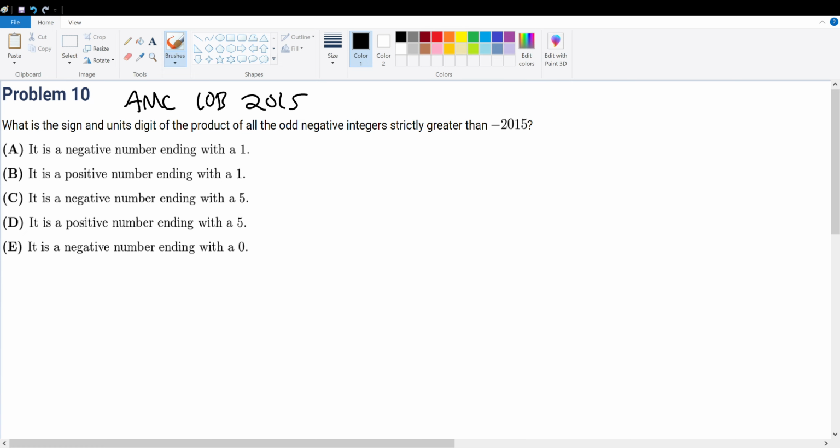AMC 10B 2015 Problem 10. What is the sign and units digit of the product of all the odd negative integers strictly greater than negative 2015? So if a negative number is greater than another negative number, the absolute value of it has